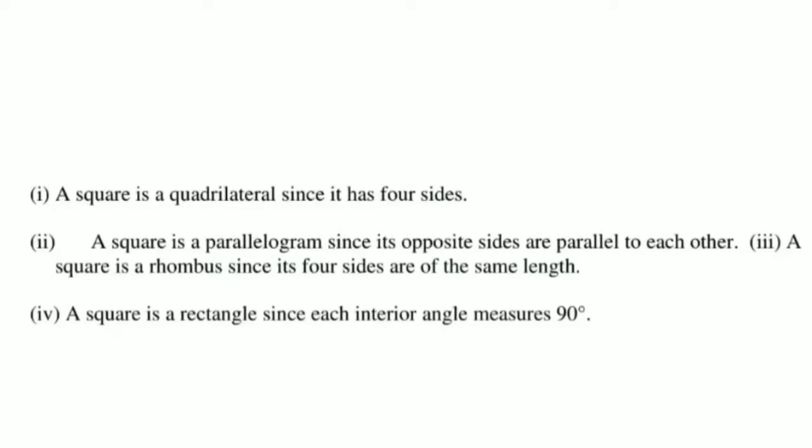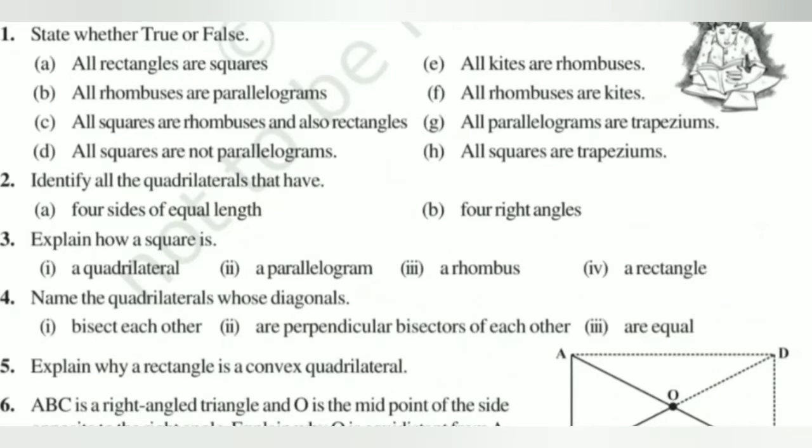And the last one, rectangle. So yes, a square is a rectangle also since each interior angle measures 90 degrees. So we can say a square is a quadrilateral, it's a parallelogram, it's a rhombus and it's a rectangle also. Now come to the next question number 4. Name the quadrilateral whose diagonals